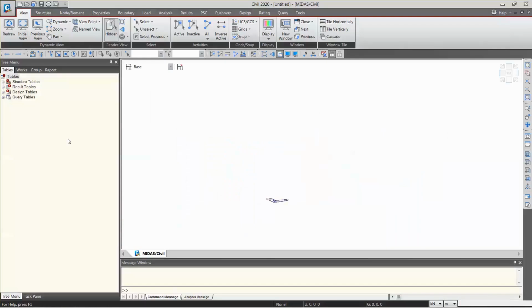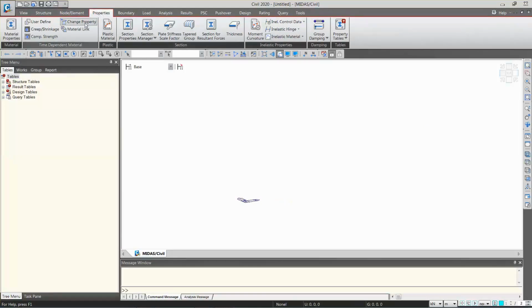Okay, so let's go to the properties tab. By the name of that tab you can easily understand what it is meant for. The properties tab is nothing but the definition of materials or any properties related to material, like creep or compressive strength, or the section properties, or any properties related to sections, that means stiffness, or reinforcement in the sections or tapered sections.